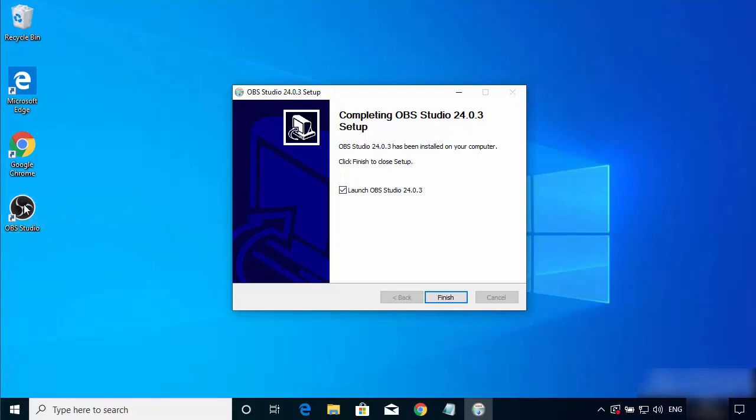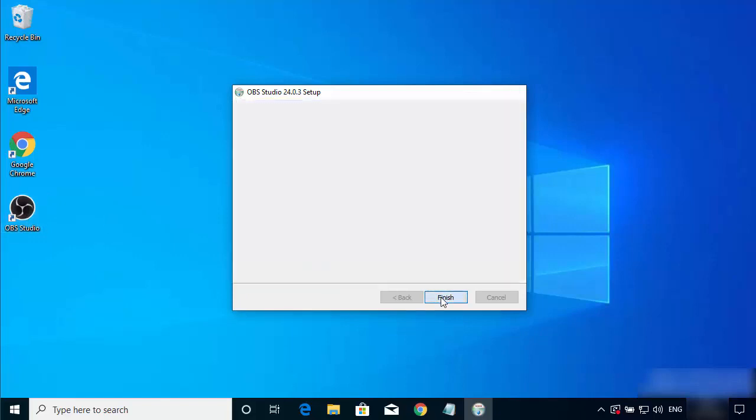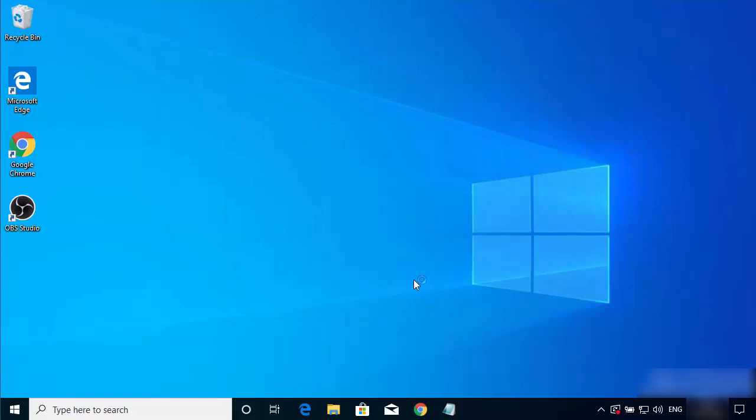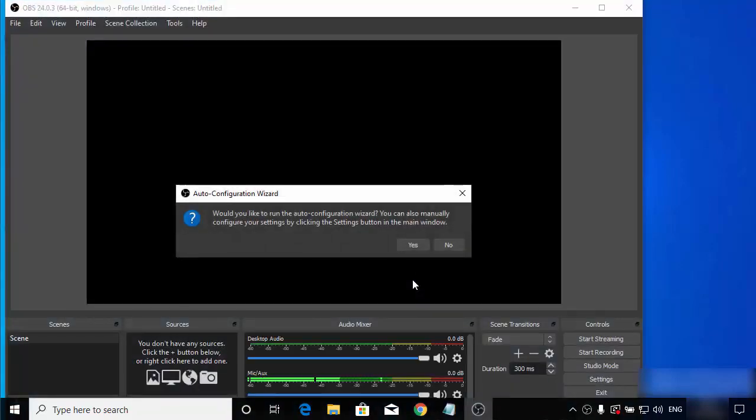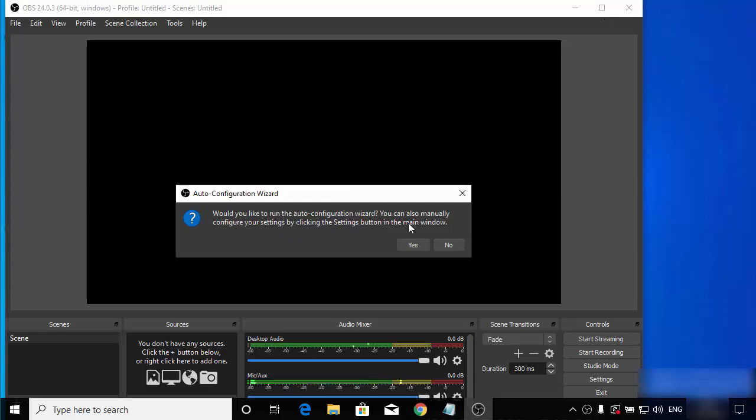And I can also see this OBS Studio icon on my desktop. So I can just click on this finish button, which is going to launch the OBS Studio on my Windows operating system for the first time. So first of all, you will see this auto configuration wizard when you start this OBS Studio for the first time. So I'm going to first of all click on yes here,